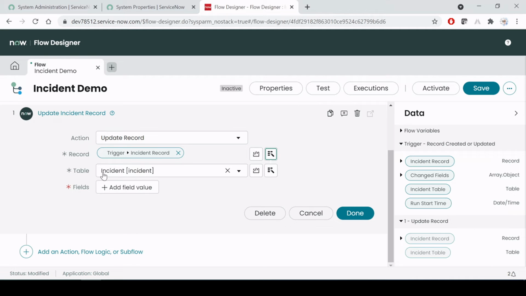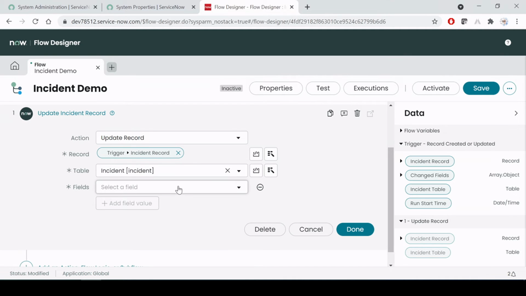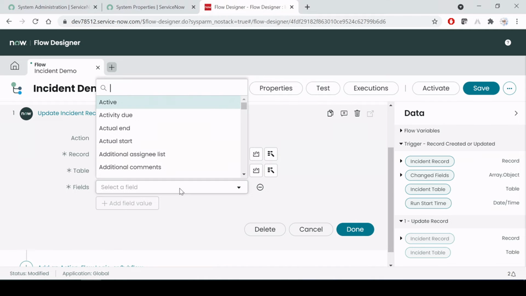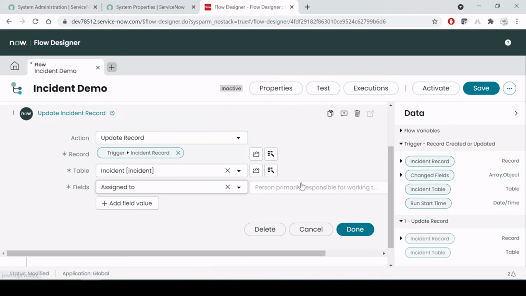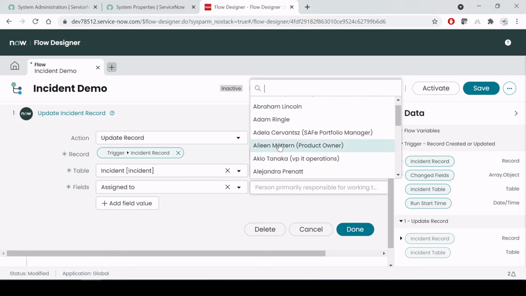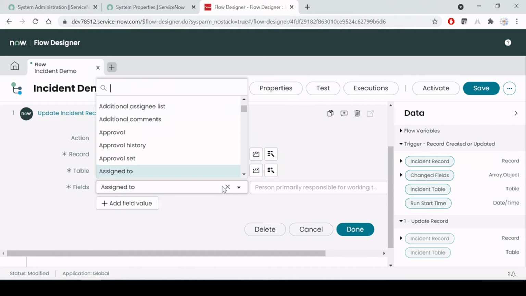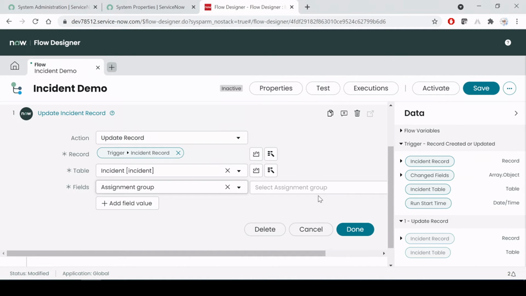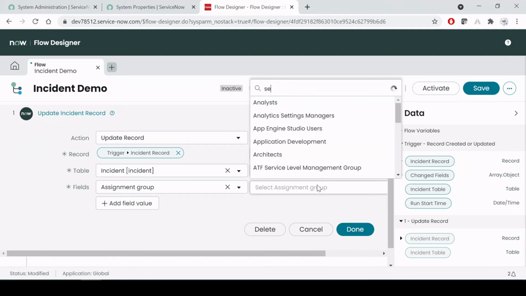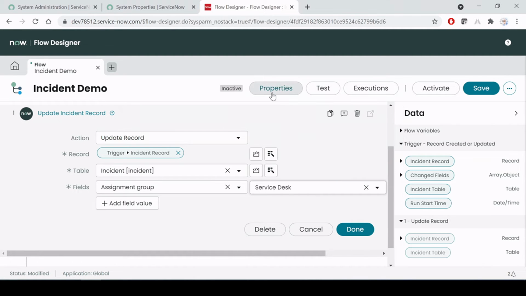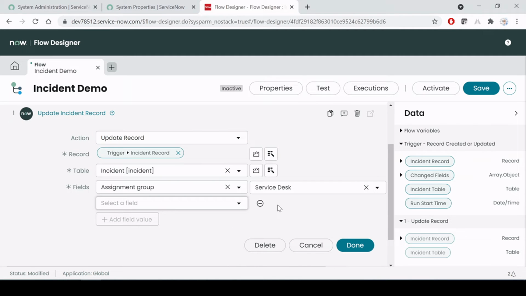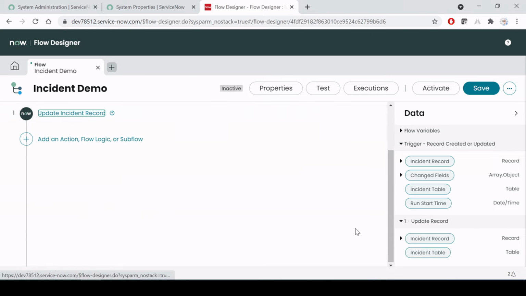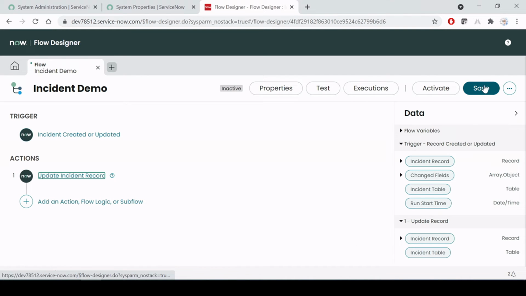So what data do we want to update? Here we will be selecting the field. Let's say I want to select the field assigned to. Let's say whenever a ticket is getting created, it has to be assigned to some person. Before that we have to select the assignment group, right? So we are selecting the assignment group, and by default let's say it should be assigned to the service desk team. So here I've selected the service desk. Fine. If I want to give some other value I could, but let it be only one field, so here I'm just saying done, right? So if I save it,